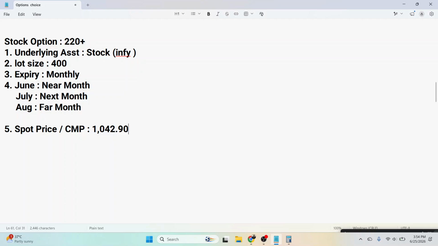1042.90 पैसा, आज ये 13 रुपए डाउन है। ओके, तो दिस इज योर स्पॉट प्राइस, करंट मार्केट प्राइस, अंडरलाइन का क्या प्राइस चल रहा है, दैट इज, ठीक है। सेम थिंग अब हम चूज करेंगे अपना स्ट्राइक प्राइस, कि हमें कौन सी स्ट्राइक चूज करनी, ठीक है। तो अगर आप मार्केट को लेकर बुलिश हो तो आप उसकी कॉल खरीदोगे, और अगर आप बेरिश हो तो आप उसकी पुट खरीदोगे, ठीक है।